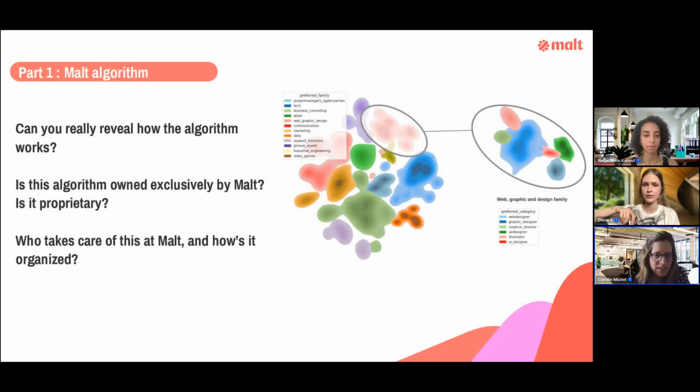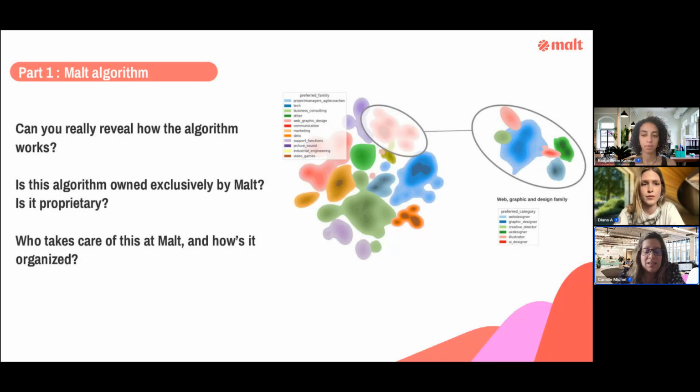So yes, can we explain how the algorithm works? Not really, actually. We cannot fully explain how it works because a big part of the algorithm is based on machine learning, which means that the model learns from historical data and continuously improves over time, with the main goal of increasing successful matches and conversions. So this is something we don't really have a hand in, so we cannot explain it. But in addition to that, we also apply some business rules, manual rules where we assign more weight to certain criteria that we believe are important. So in the end, it's a combination of machine learning and human logic.